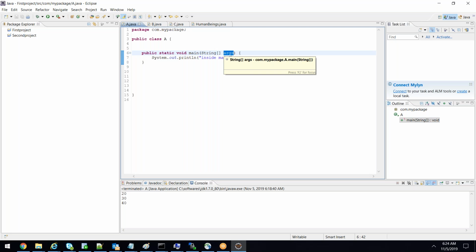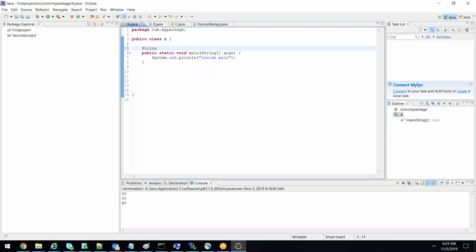So JRE is calling the main method. I am not calling the main method. Agreed? So when JRE is calling this method, JRE has to supply the input argument. Will everyone agree? So JRE has to supply the input argument. So JRE has to supply the array. JRE has to create the array and pass the array. Correct? So definitely behind the scenes,